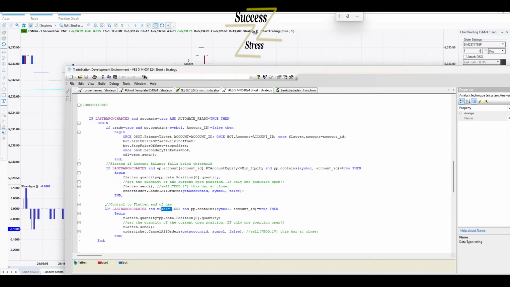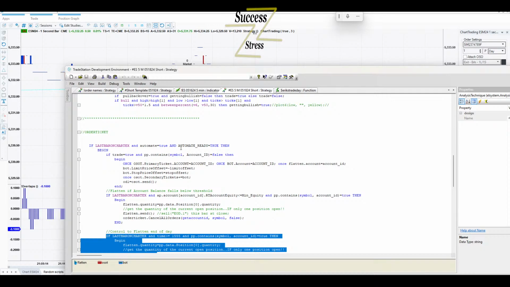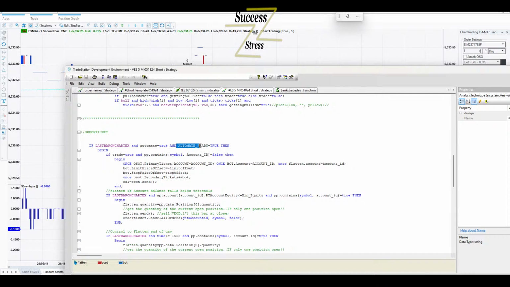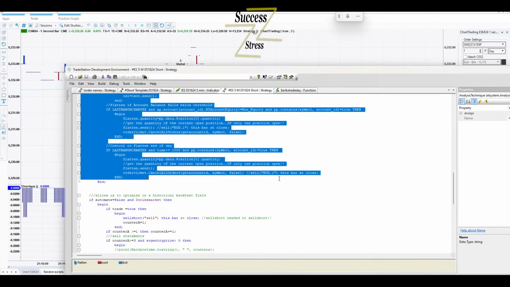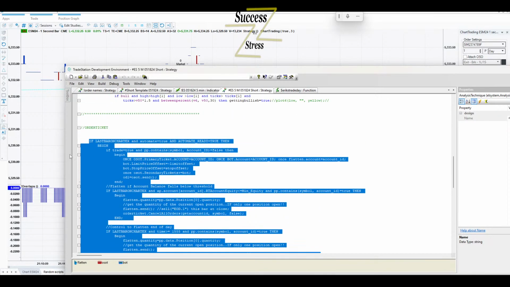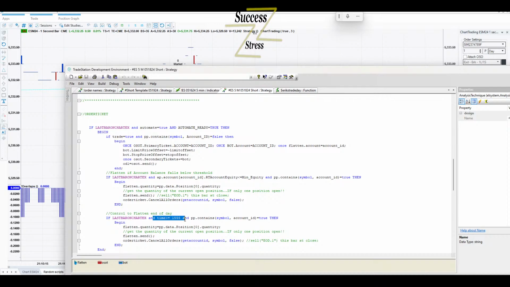And the only way for us to get to this function, this program here, is if the time is what? Before 3:45. Once the time gets to be after 3:45, the program does not even see this whole thing anymore. All this disappears. So it will never come down here.